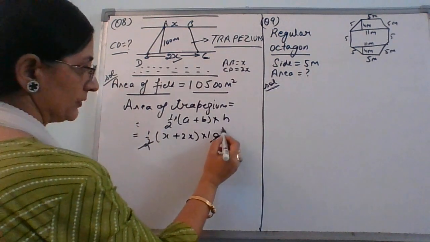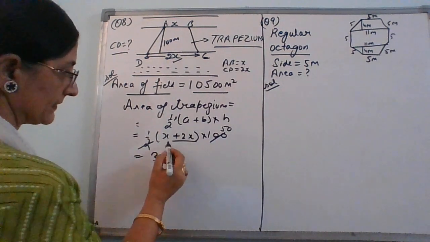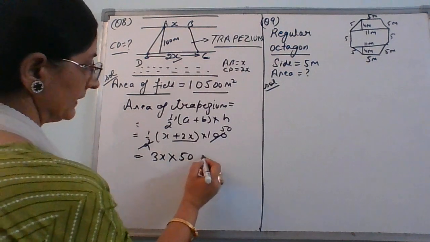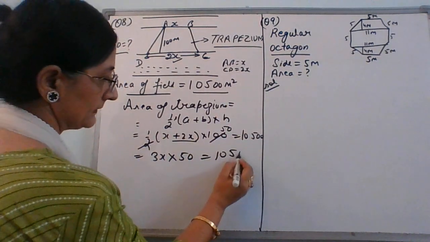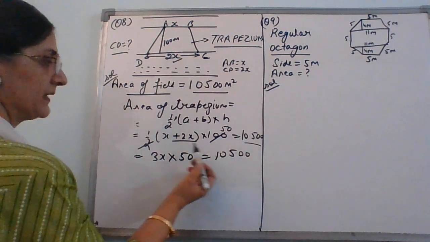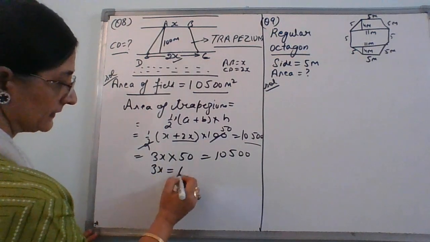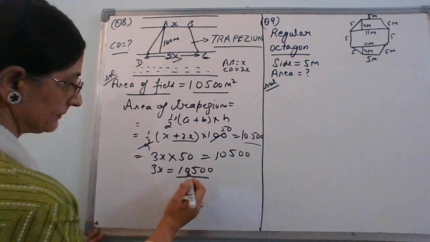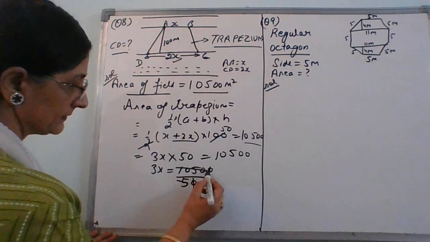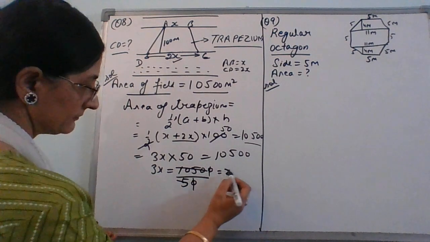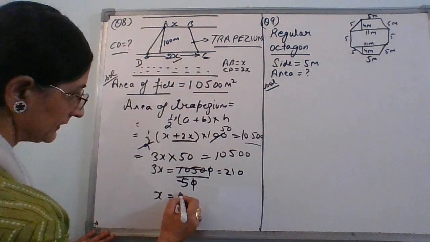ये आप इसे इंटू कर दो, 50 आ जाएगा आपका। x प्लस x कितना होता है, 3x। 3x आपके पास आ गया और बचा आपके पास 50 है और आपका आंसर एरिया का गिवन है। सो जस्ट इक्वेट टू दैट। आंसर आपके पास एरिया का है, राइट? x नहीं है, बाकी दिस हाइट वी हैव। सो हियर इन ऑर्डर टू फाइंड 3x आप क्या करेंगे, 10500, ये आप यहाँ आ जाएगा 50, बाद में 3 भी आ जाएगा, राइट? इसको कट कर दो, 5 2 ज़ा 10, 5 1 ज़ा 5 और 0 वैसी रहती है। सो 3x इज 210 एंड x हो जाएगा